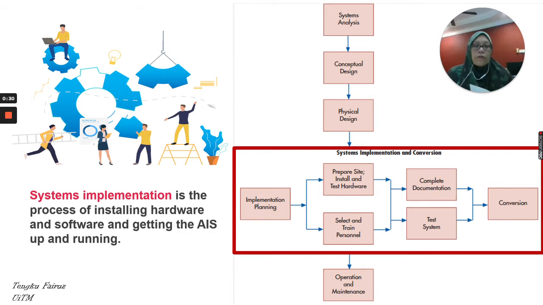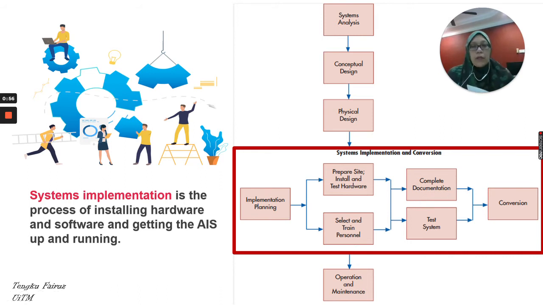So it will involve 5 steps. Actually, conversion is another phase. We're going to discuss one learning objective for the conversion. So under system implementation, we're going to discuss these 5 phases, 5 steps. Okay, implementation planning, prepare sites, install and test hardware, select and train the personnel, complete the documentation and test the